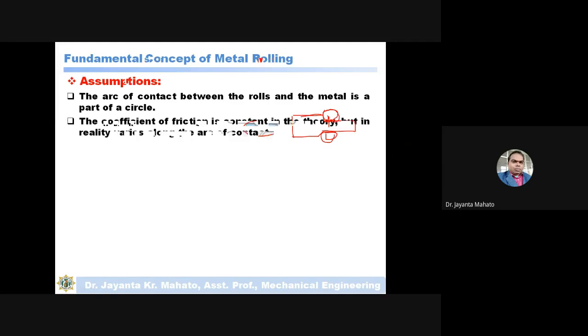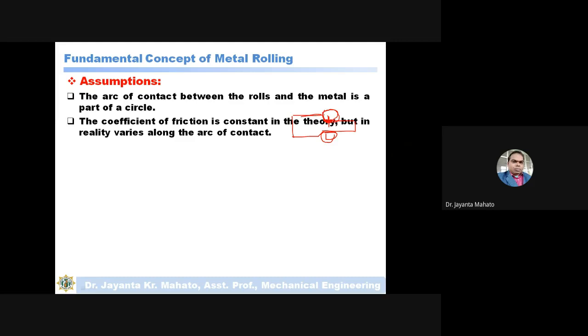The coefficient of friction is constant in the theory, but in reality it varies along the arc of contact. During the calculation of the force, we consider the friction between the contact points.